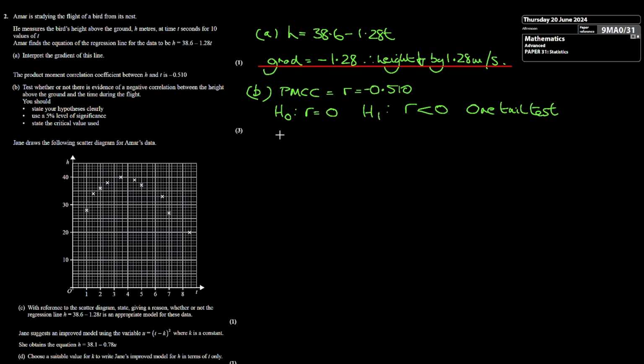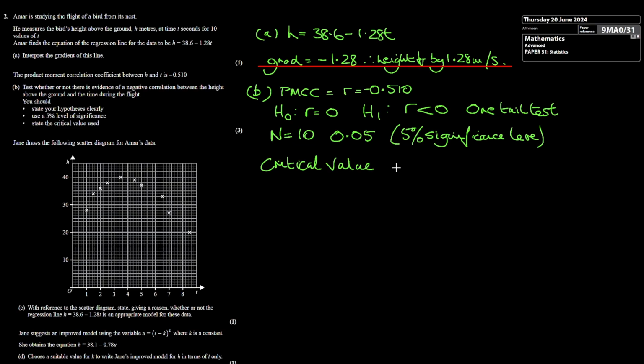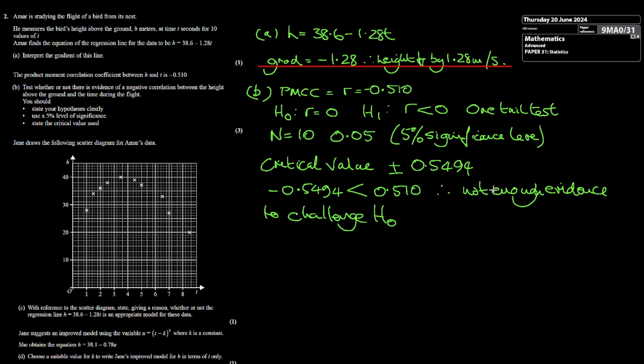So what do we need for the table? We need the fact that our n value is 10 and the significance we're looking for is 0.05, which is the 5% significance level. And if we look those values up, we find that the critical value is plus or minus 0.5494. So therefore, using the negative option of this, we can say that negative 0.5494 is more negative than 0.510. So therefore, there is not enough evidence to challenge the null hypothesis, so it stands. And that R is equal to